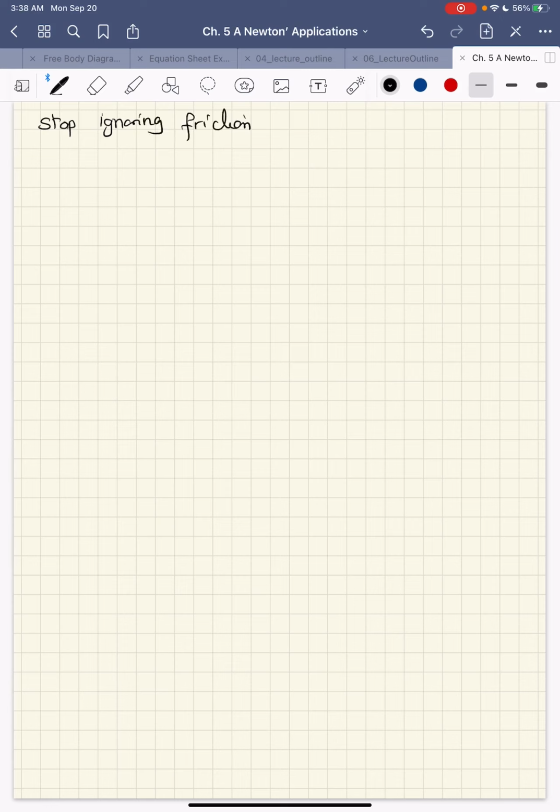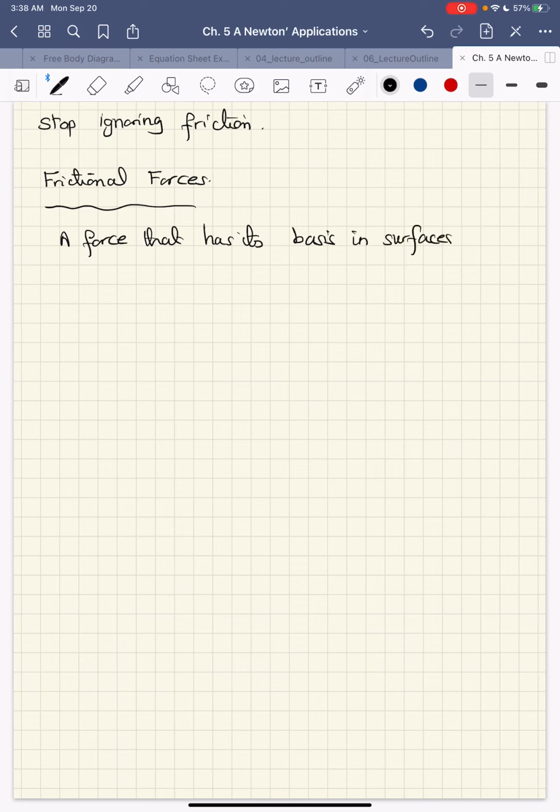Then we are going to start now recognizing that there is really frictional forces, and when we talk about frictional forces, we are talking about a force that has its basis in surfaces that are not